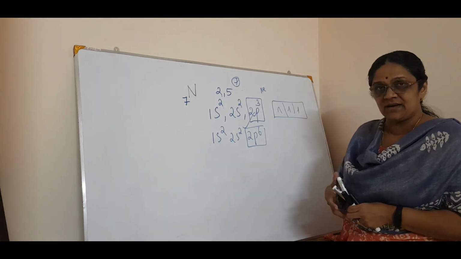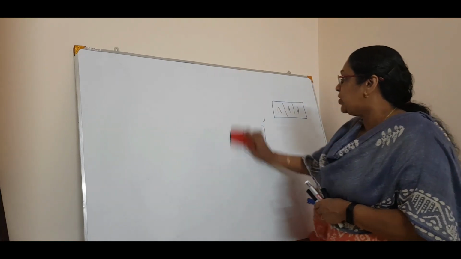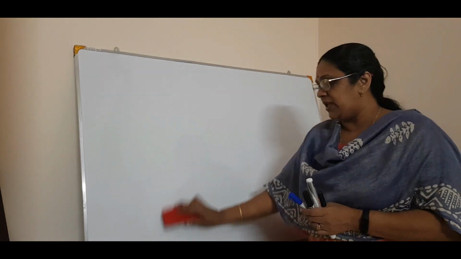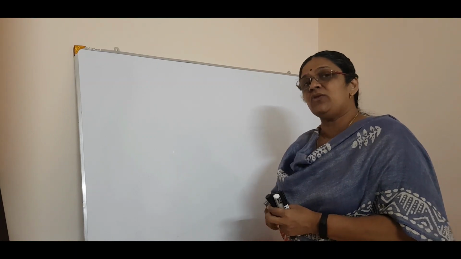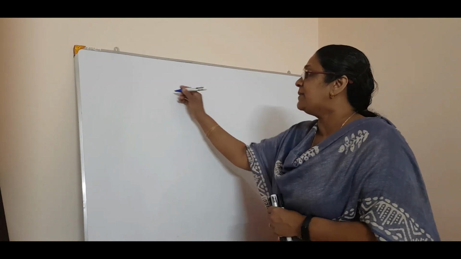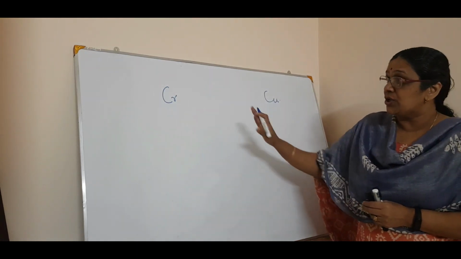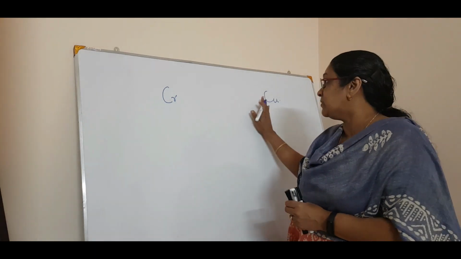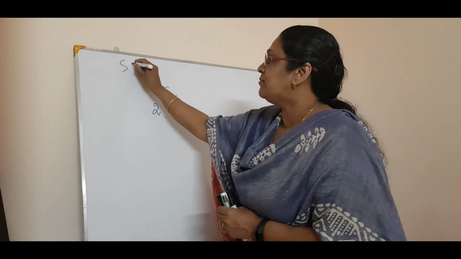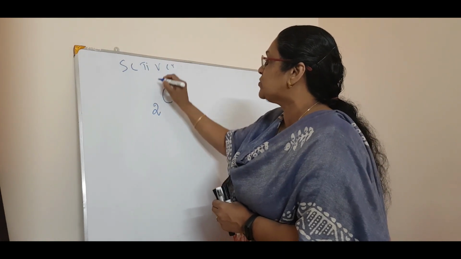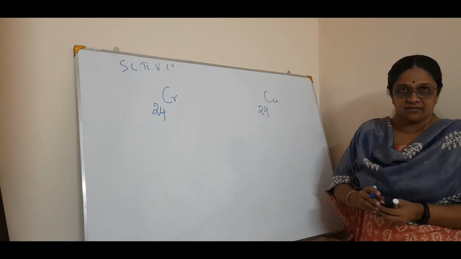This is p orbital. Now there is d orbital, and you have to study two elements. Two elements that you can study now as such. When you come to study d block elements, you will know more about it. The two elements are chromium and copper. Listen carefully. Chromium has atomic number 24, after scandium, titanium, vanadium, and copper has atomic number 29.